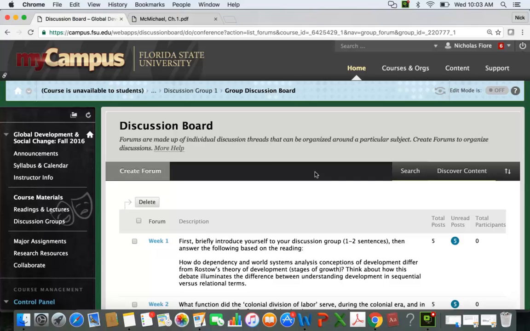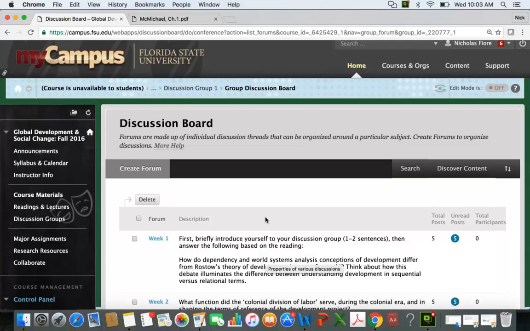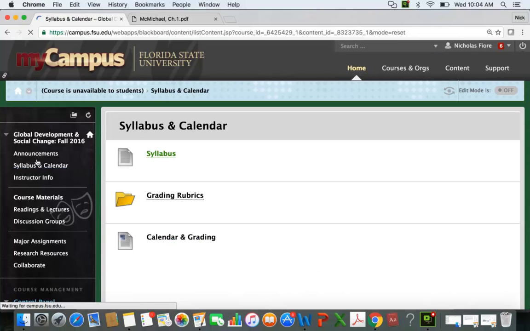So your weekly responsibilities are to do the reading, make a post by Thursday evening, and then reply to one of your classmates by Sunday evening of that same week. So it's kind of a cycle, and you'll get used to it, and there's sort of a habit that you need to develop there. And in order to facilitate that, I've got the syllabus and calendar up here at the